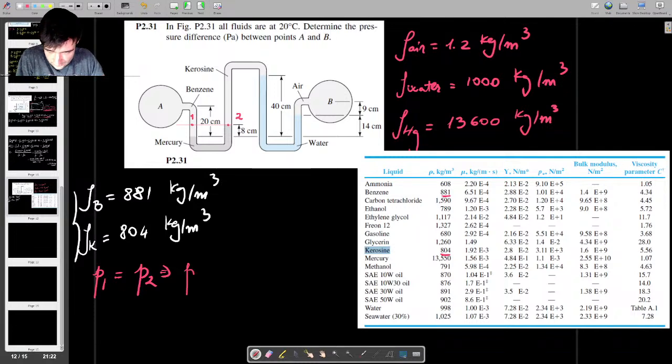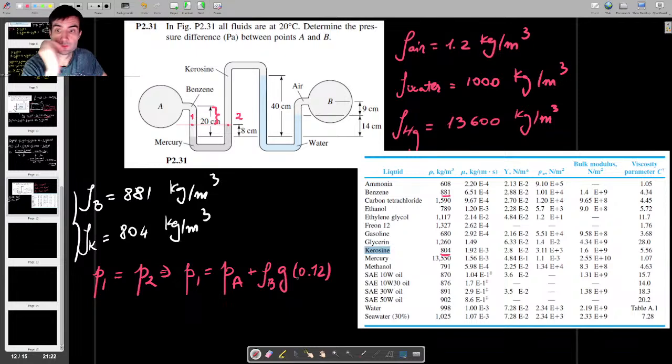Okay, so the pressure at 1 is equal to the pressure at A, so the pressure in the pipe, plus then we also have the pressure due to that column of benzene, like this, right? So that's going to be density of the benzene times G, and then times that small column which should be 12 centimeters. So that's going to be 0.12 in meters, okay? And the pressure at 2,